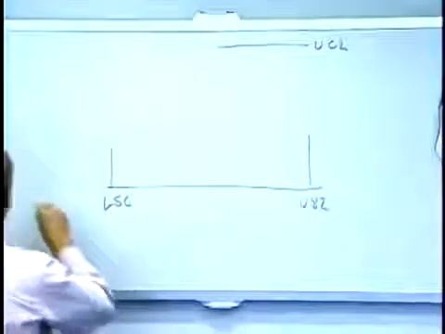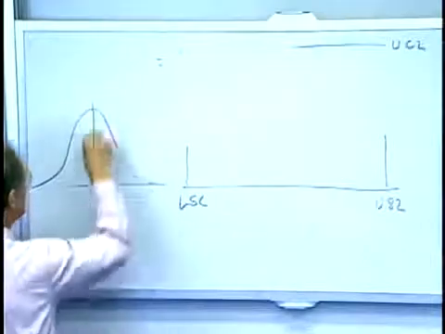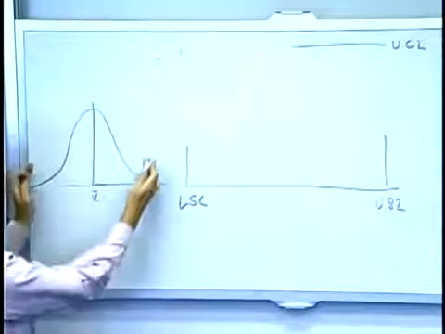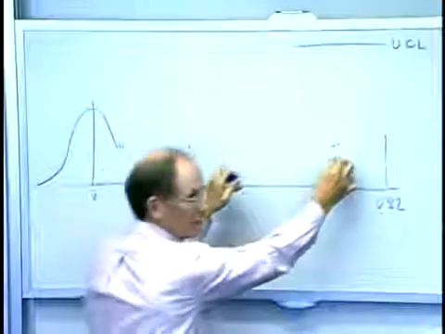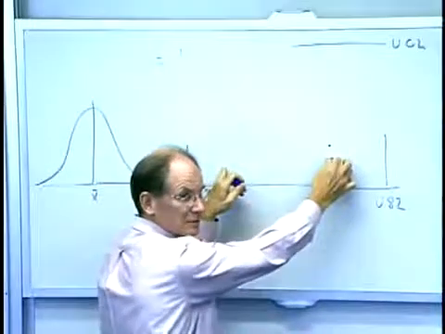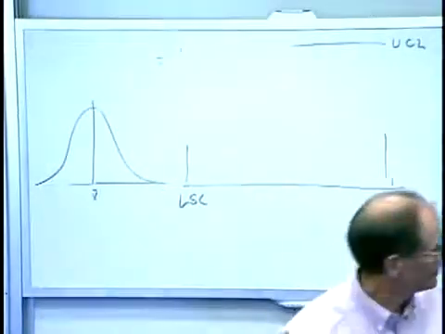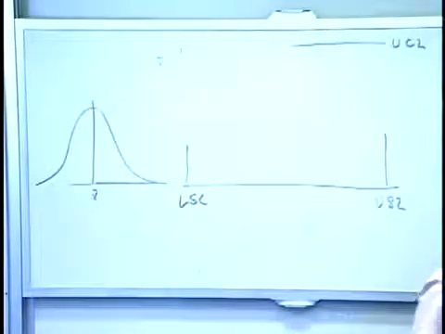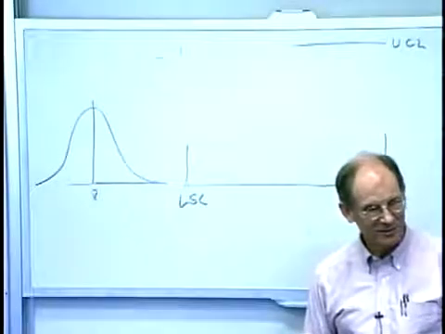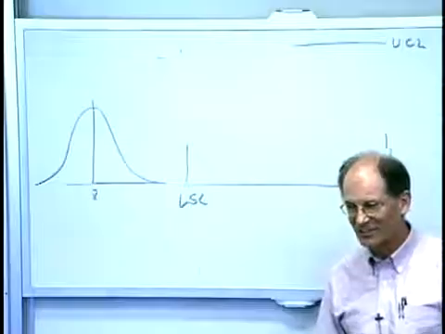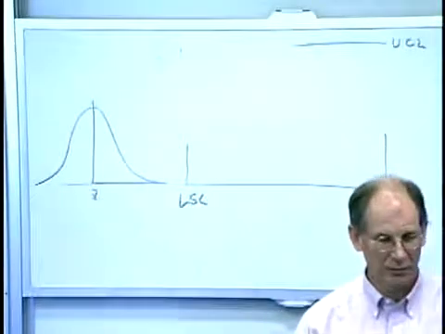And here's my distribution, and it's pretty narrow. So the width of this, plus or minus 3 sigma, is well within this width, right? So this number would actually be pretty large. This window is wide compared to the window of this. But how many bad parts do I make? They're all bad, right? So CP is one way of looking at how well you're doing with the process, but